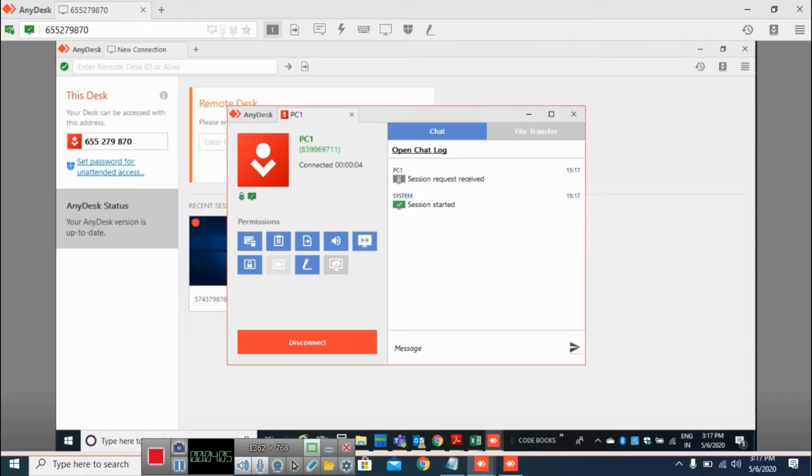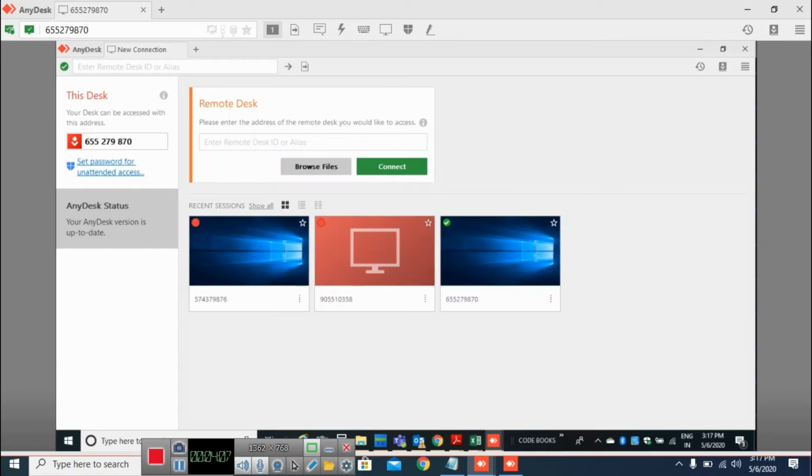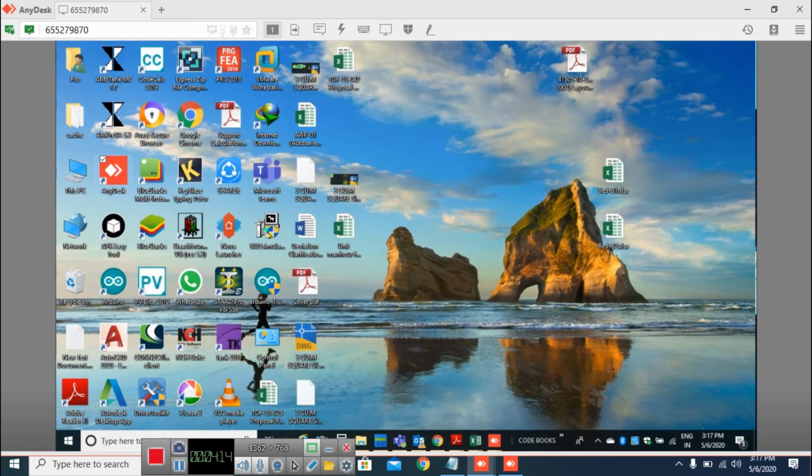See, my friend's computer is connected right now. I can access his computer. I can see his data, everything. I can make copies, I can work. Like this, you can connect to your office computer from your home. This is one entire computer. You can work in Excel, anything, whatever is there on your local PC, you can work from your home. In this COVID-19 season, this is very useful for you.